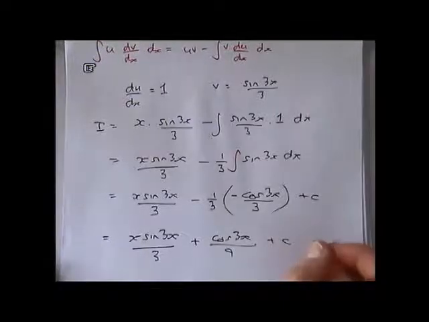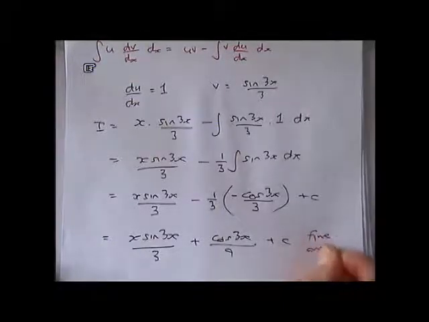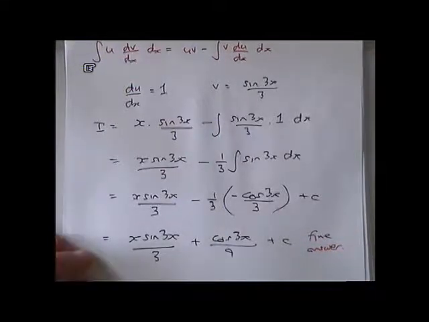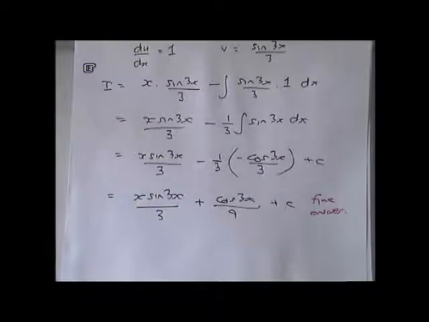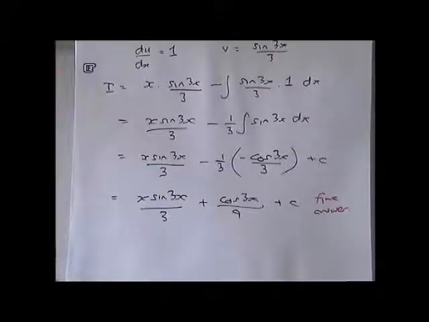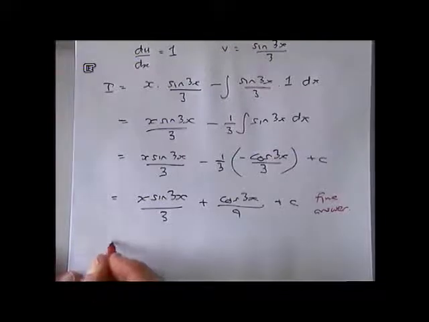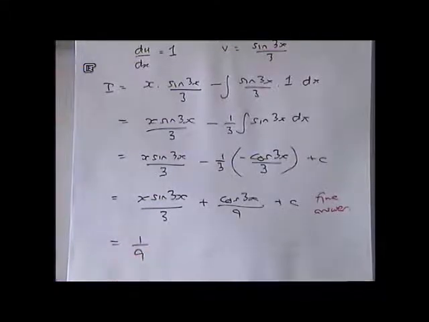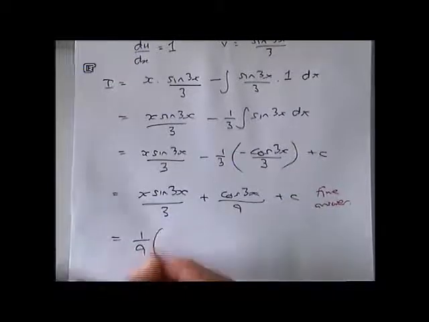So I'm just going to put over here that's a fine answer, because you may find when you do questions like this and then look in the answer book, or the answers in a textbook, it's done slightly differently. Is there anything you see that could be taken out as a factor? Anything that goes into that and goes into this? You're on the right lines, but a third doesn't fit into a ninth. A ninth fits into a ninth, and a ninth fits into a third. You might come across some books that say I'm going to take a ninth out as a factor, and then in here,